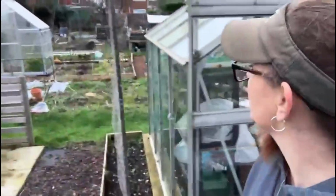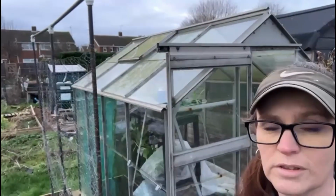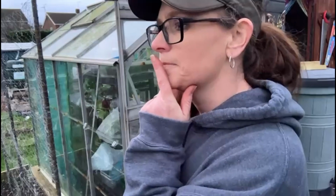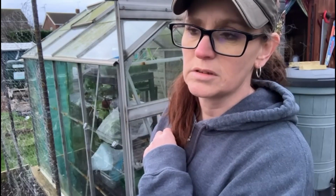I can do that from here because of where it is. It's not exactly easy to get to. I must have had them written down somewhere because I glazed it before. Or maybe what I need to do is take the old glass out, measure that, and take that measurement down to the glazes. Maybe I'll do that. I won't do it today, but